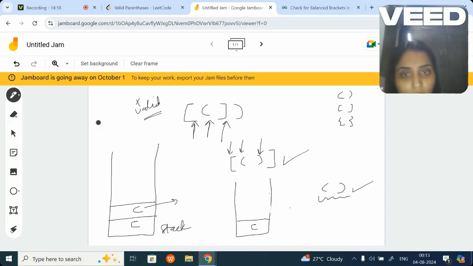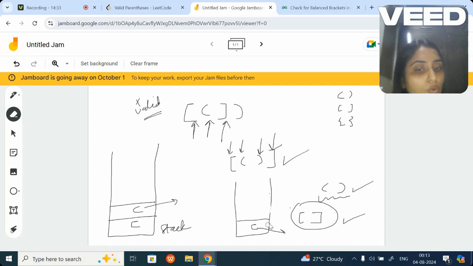Okay, we've got this pair. Then we have the last one, which is the closing parenthesis. Now you still have something in your stack, so you pop it off and you check the combination, and yes, it's a valid parenthesis. Now this pair is also taken, so now your stack is basically what? Your stack length is equal to 0, and your parenthesis is also matching. So it is a valid parenthesis.